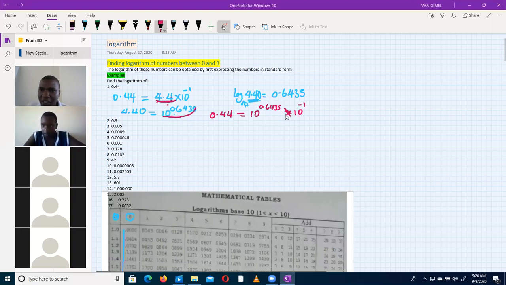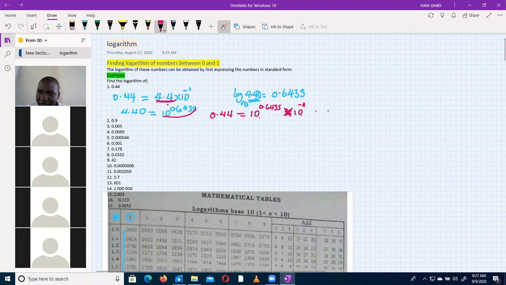So at this point, we studied about indices. We said, if the bases are the same, then you should add the powers. But now in logarithms, I'm going to introduce something that we've not seen before. When you have something like this, notice that this is -1 and this is 0.6435. So how do we write this? We may not add, because when I add this, it gives me something funny. So what we do, we leave this -1 alone and also write this one alone,